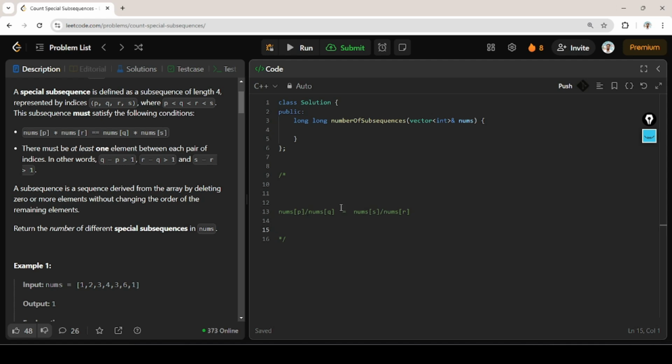And it's not a good practice to divide literally and equate the double result of each side, because that might lead to precision errors. I think that might pass, but we shouldn't do that. So in our case, we will